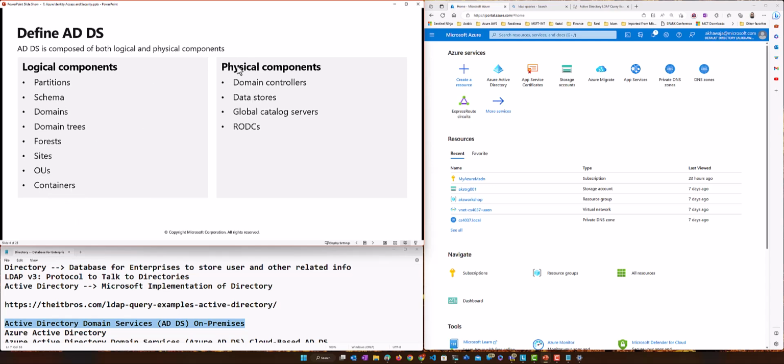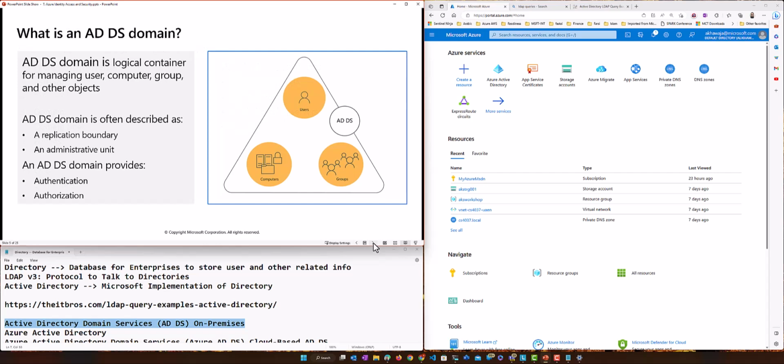Same thing over here. These are physical components, right? Which are basically part of your servers, which include domain controllers, data stores and all these things, right? Read only domain controller. Again, no need to go into the details of these things, right? I just want to show you there are different components. You can read about this more if you want to go into Windows Server administration. This is for those people, but right now I just want to give you a very high-level view. There are certain things like this.